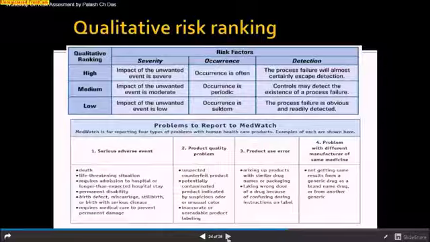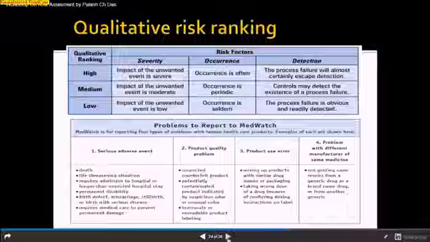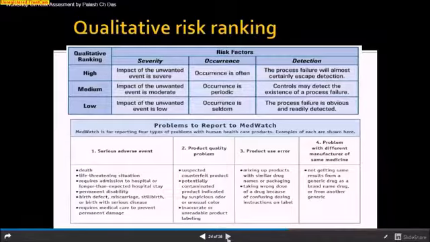And low impact is the unwanted event that we are not considering, it is not going to impact any patients. So high, medium, low, the severity in the high, medium, low, with practicality we should think. And occurrence, in case of occurrence, when you are talking about the machine, not process, as today our discussion is on the